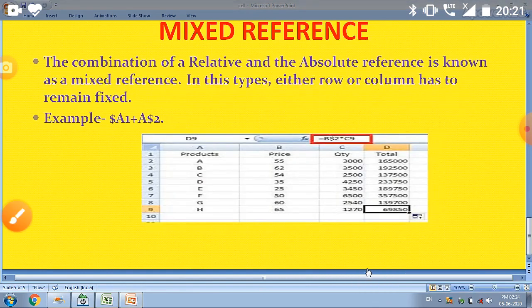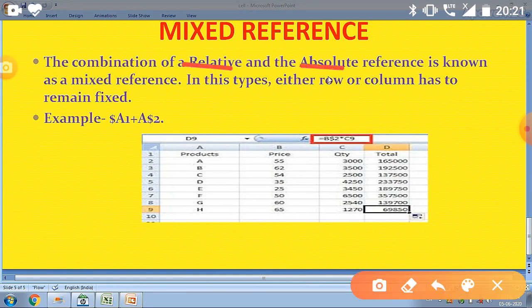Now we will talk about the mixed reference. The combination of relative and absolute reference is known as a mixed reference. In this reference we either fix the column or fix the row.